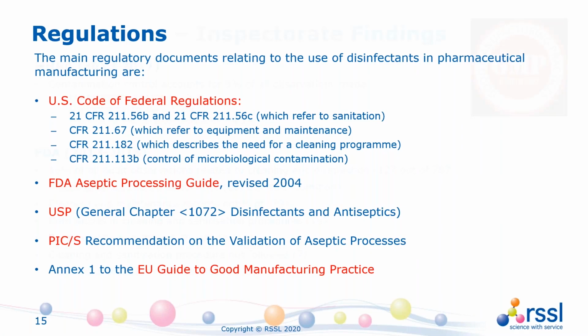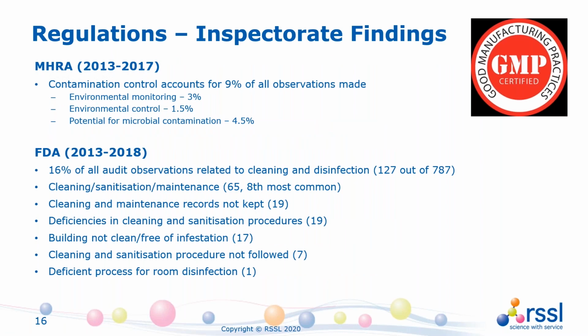Now, if you start to look at these regulations, there are key topics, and also key findings from various inspections by regulatory bodies. It takes a while to unearth this information, but I have done an exercise of looking at this. When I was searching through my notes for cleaning and disinfection, it's interesting that contamination control, the last time the MHRA published their figures, accounted for nearly 10% of all observations made by MHRA. And that was also in relation to things like environmental monitoring not being tied up appropriately with the cleaning and disinfection regime, inappropriate use, so you didn't have effective environmental control, or where there were weaknesses